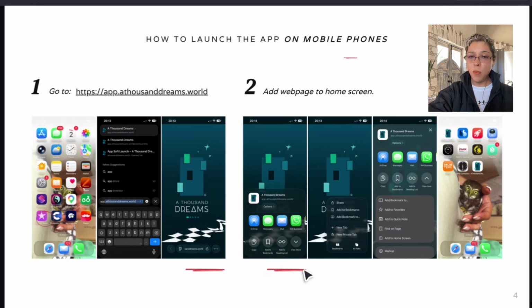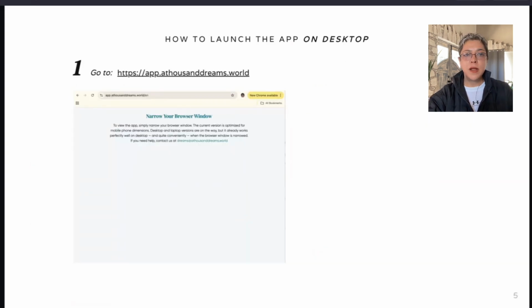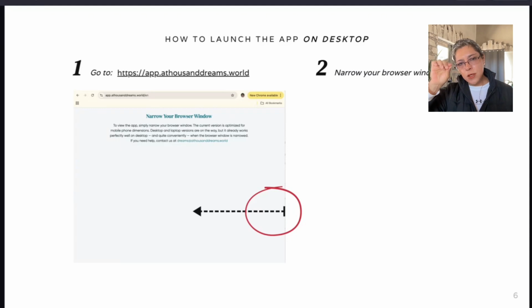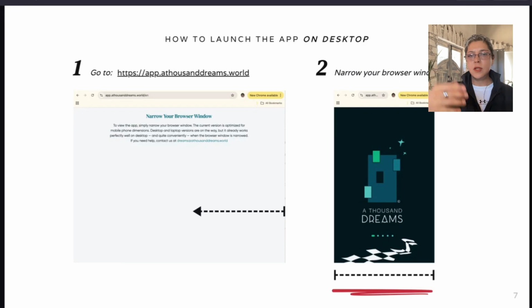So this is on mobile phones, and on desktop, you'll find this message when you get to app.athousanddreams.world. It says narrow your browser window. Why? Because we haven't optimized yet for desktop, because we are waiting to have a very polished version of the app before doing so. So you just grab the web page by one edge and you drag it to the left until you see the app appear,